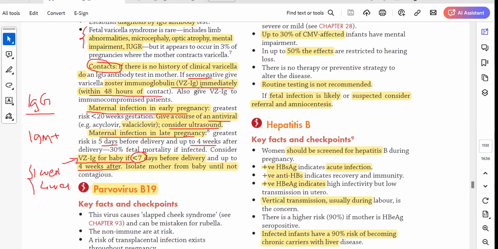Now, Dr. Mehra, we do both. We don't do just a varicella IgG. Most of the time, we will be doing both IgG and IgM. Although in JM they say just do an IgG, normally we would do both. Because what if IgG is negative but IgM is positive? IgM positive means that the patient is already infected. So without ruling out that the patient is infected at the moment, you can't just think that she is a contact.